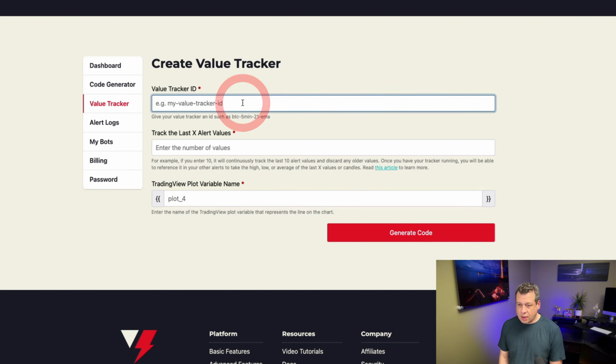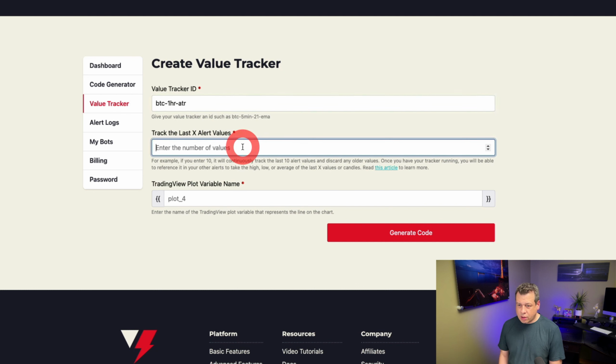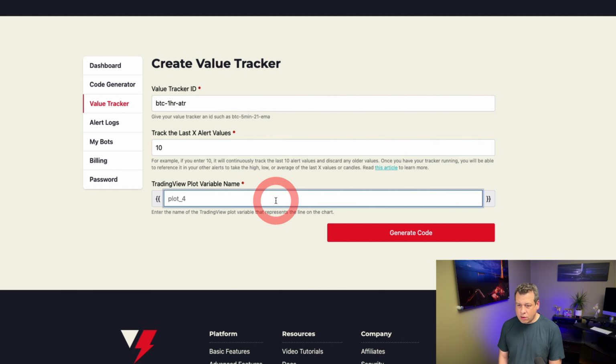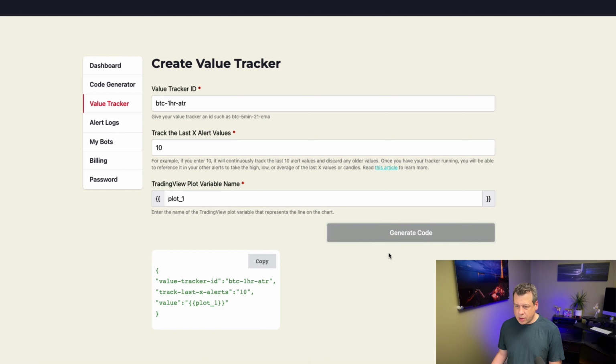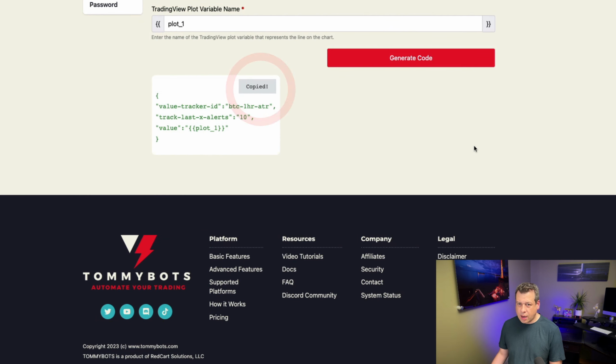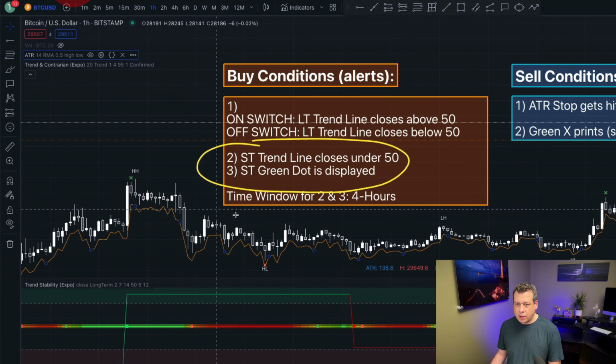But let's go ahead and give it a name. So I'll call this BTC 1 hour ATR. And we want to track the last 10 candles. So I'll say 10 there. And I know that this is plot 1 for the plot variable, but again, go back and watch the video on value trackers. And you just hit the generate code button, click on copy, go back to TradingView, and